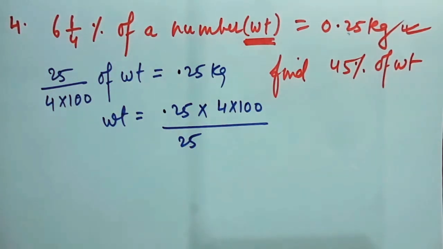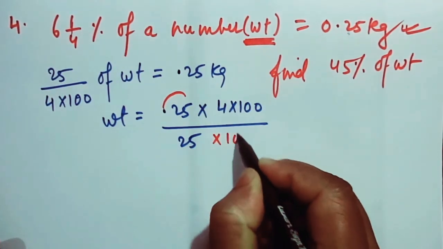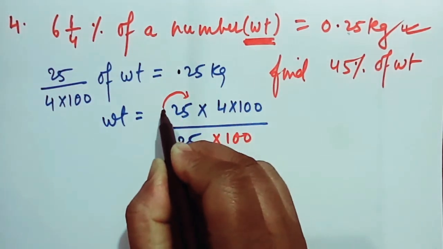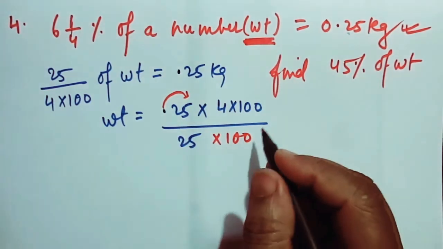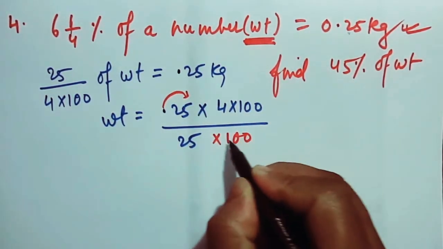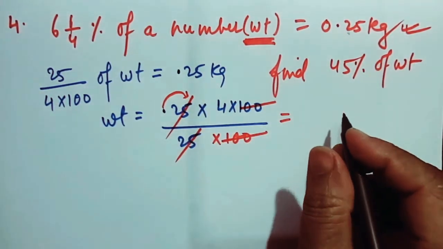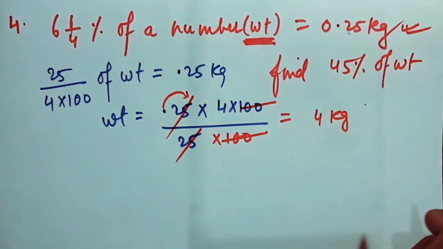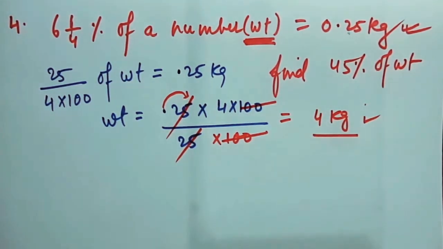Let us solve through the traditional method. If I remove the decimal from here, since the decimal moves 2 places towards your right hand side, the whole should be divided by 100. So on cancelling this, what do we get? We get 4 kg, isn't it? Now, is this my solution? No, this is not my solution.